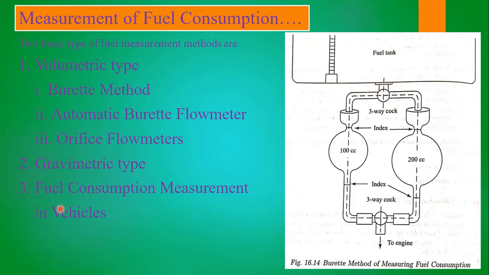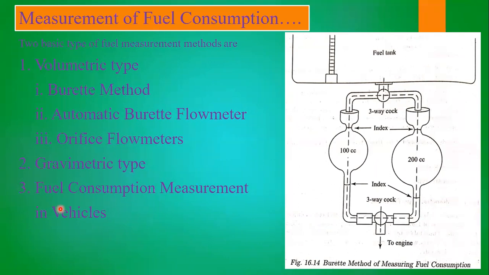That means this accurate method is going to involve the driver's habits, and how he is going to accelerate, how he is going to decelerate, and also the traffic. Here the traffic also plays a major role in fuel consumption. Why? Because we are going to vary speeds, and whenever there are traffic signals, we need to stall the engine. That means the engine is going to be in neutral. Of course it is running, but it is not moving, right?